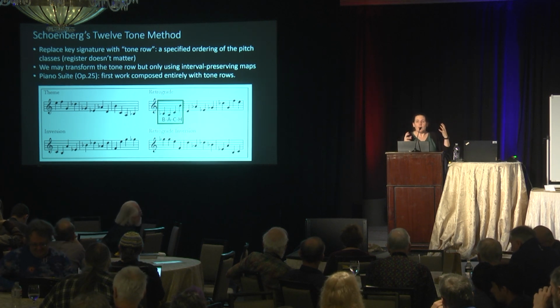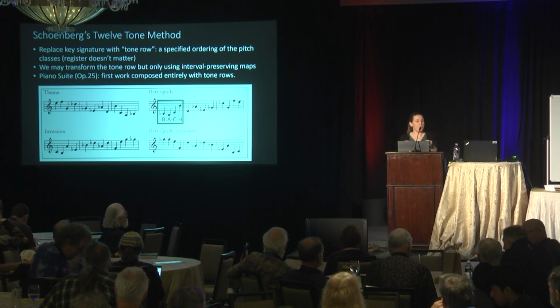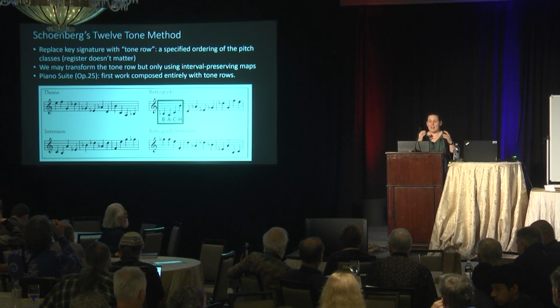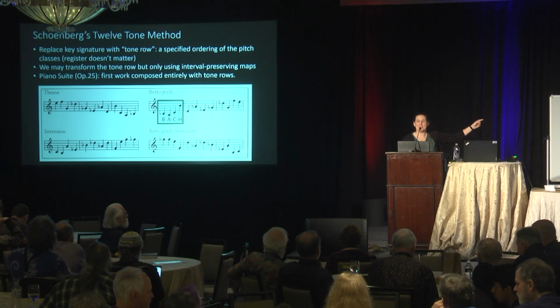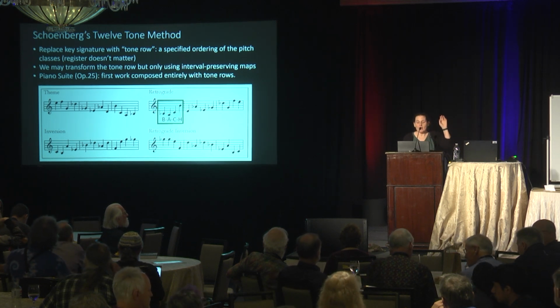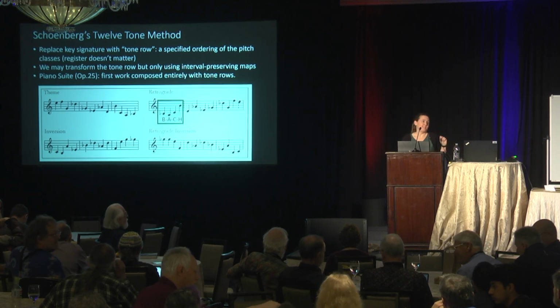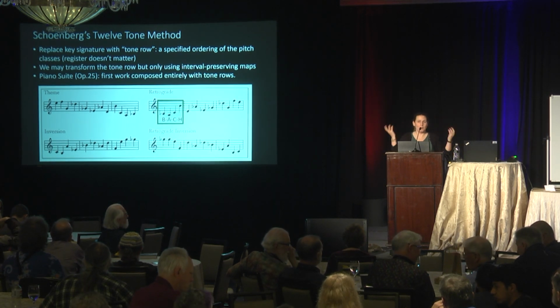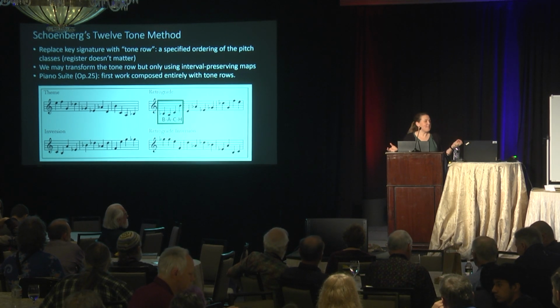Okay, so important question. We've got these tone rows. Given your tone row, you can compose. You can modify it by transforming with any interval-preserving map or transformation. I say map sometimes because it's a shorter word than transformation. So then it really becomes important to know what the interval-preserving maps are. We can find some. How many? What are they? Let's try and understand them. And of course, mathematics is going to help us here.